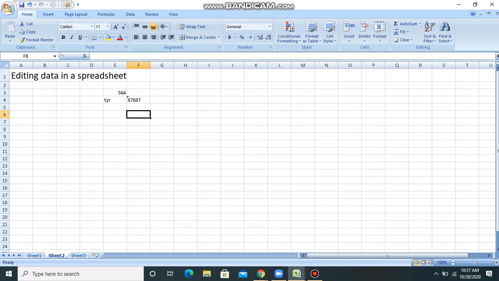Okay, so I can do it in this way. And if we have to write a formula, then we have to start with the equal to sign, which we will be coming back to. Let me just write down equals some number plus another number to have the sum of these two numbers. Alright,